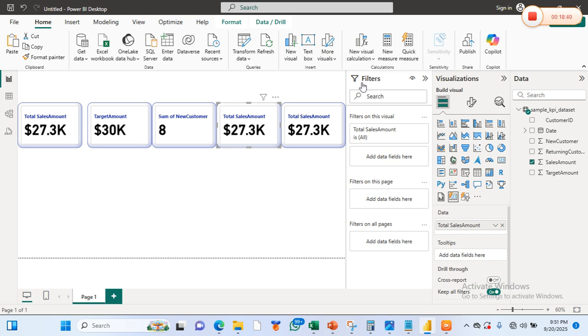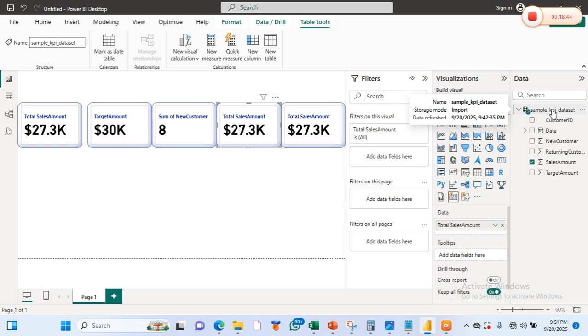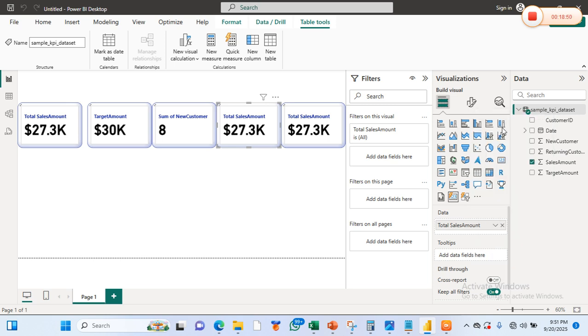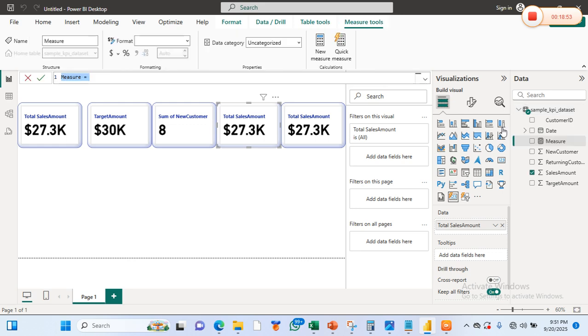So I want to add a measure now. So what I'm going to do is I will click on our sample data, then right click and go to new measure. So I'm going to type sales achievement in percentage, equals. So I want to write the DAX function.